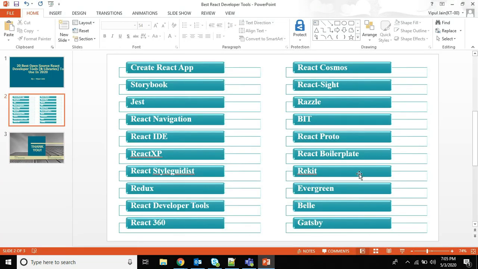So these are the 20 most useful developer tools and open source tools and libraries for React and React Native